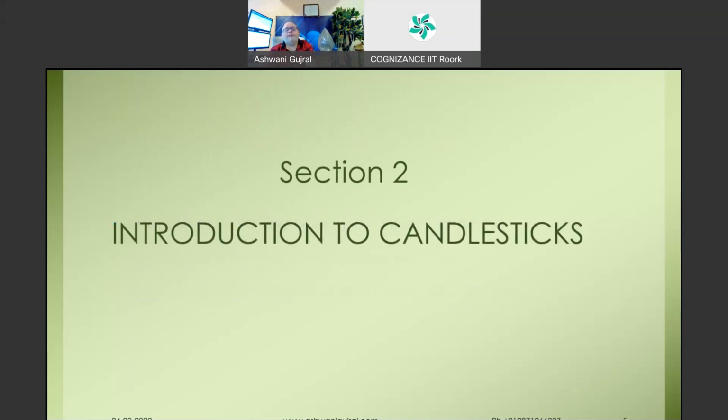Moving on, let's have a look at candlesticks and what are all these charts that traders keep looking at. And if you have a basic idea of what these candlesticks talk about, the ABC of charting, it would be very, very useful if you are able to get your hands on some charts. These days, everything is free. So if you go to investing.com or TradingView, you can get these charts for free.